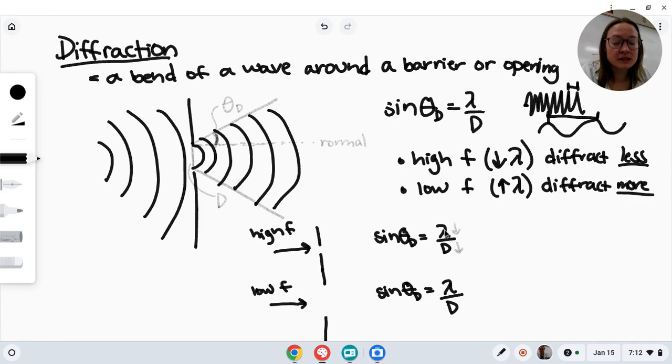But on the other hand, here you have really big wavelengths. Those big wavelengths would naturally diffract a lot. So in order to make them diffract less and spread out less, we give them a really big diameter to go through. That counteracts the fact that they would spread out so much all over the room. And so when you have the low frequency sounds coming from the big speaker and the high frequency sounds coming from the small speaker, the sounds spread out evenly, and you can hear the low frequency sounds everywhere in the room and the high frequency sounds everywhere in the room.